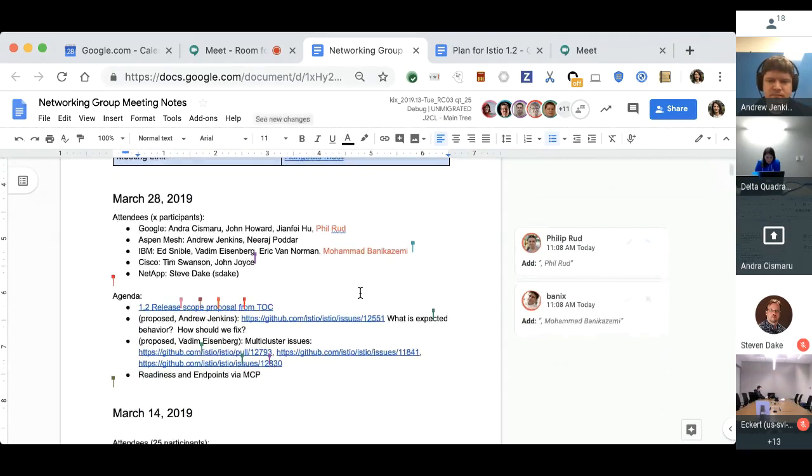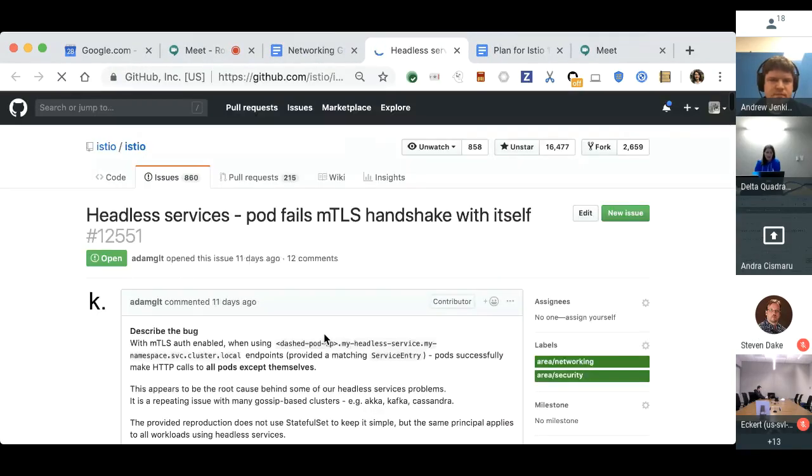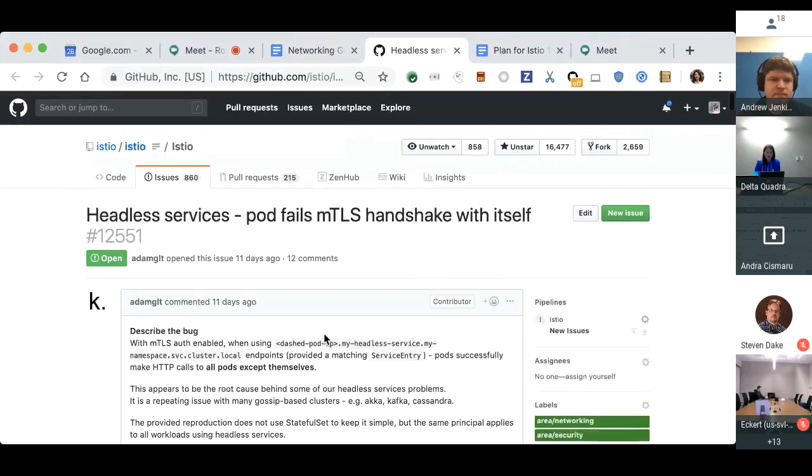And Andrew, it's good you're here because you opened this issue and are asking about, I guess, is it guidance, or you already have a proposed solution? Yeah, so actually Adam Jalot opened the issue, but I happen to have the same one.